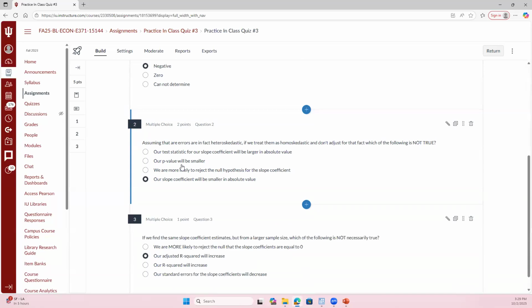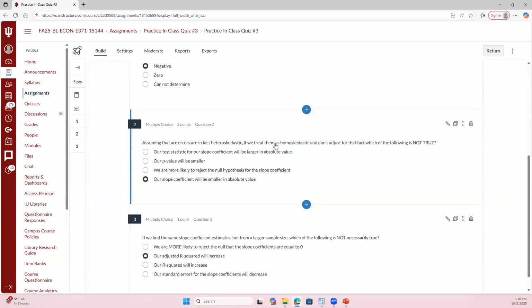R, O, B, U, S, robust, right? So we added in this command of robust at the end, which made it treat the errors as heteroscedastic. So if we don't add this in, or we don't treat the errors as heteroscedastic, we said our homoscedastic errors are actually going to be what, right? So our standard errors, if we incorrectly treat them as homoscedastic, right, are